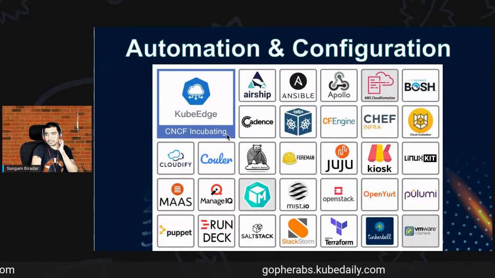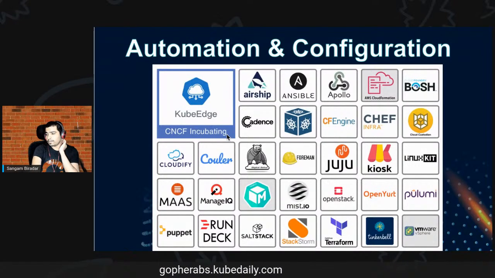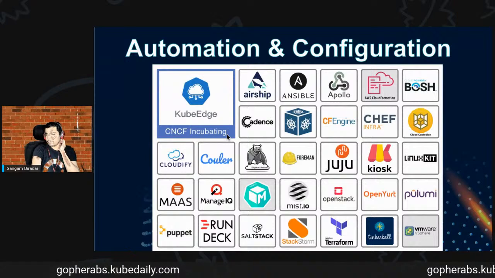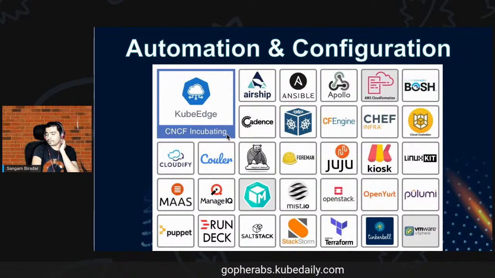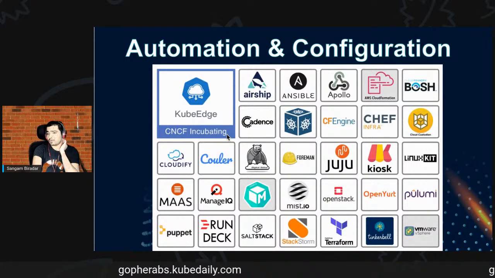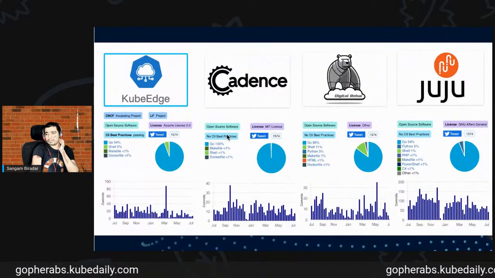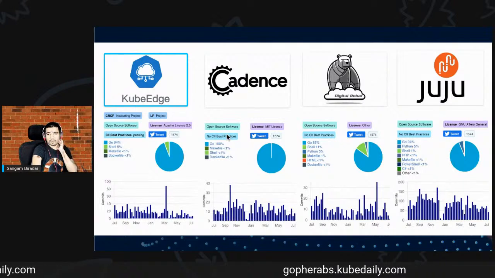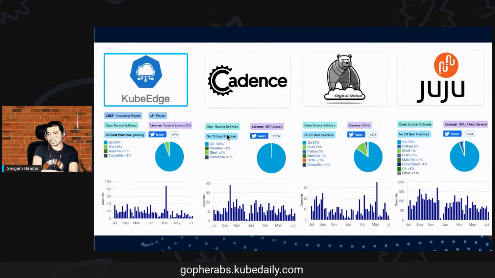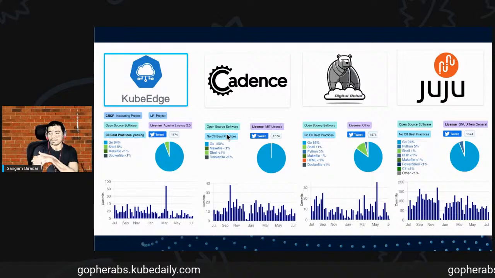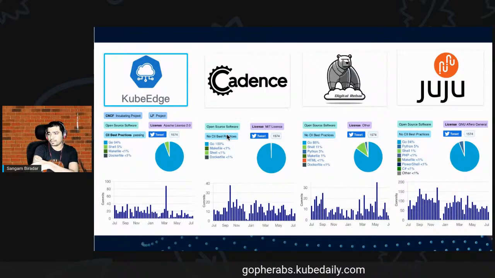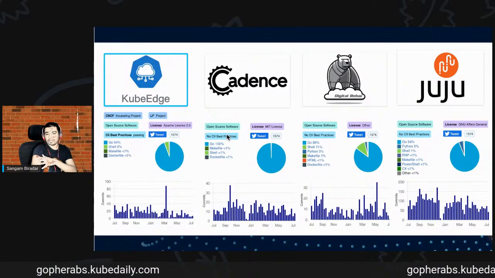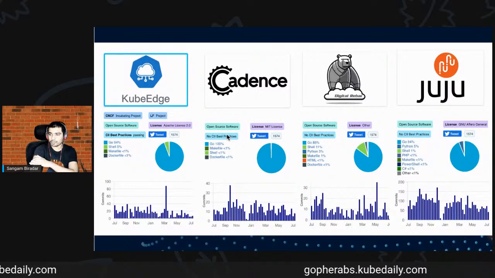And moving forward, automation and configuration. Most of the people I know use Terraform, and there is a bunch of other things like Ansible, Chef, Pulumi, great projects for automation. If you see, most of the projects are written in Go. KubeVela is a CNCF incubated project. In the sense that a lot of people have adopted those. So Juju is also good; I think it was created by Ubuntu. They have an automation and configuration tool called Juju.